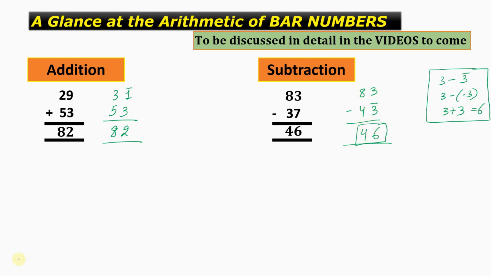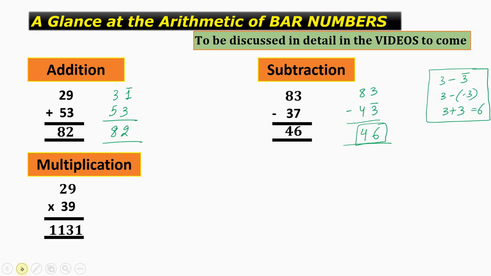Now let us take another example of arithmetic. Now we will have a multiplication example. So 29 into 39 should give us an answer of 1131. Now 29 can be written as 3 1 bar and 39 can be written as 4 1 bar. Okay, when we multiply the two, this will give us 1 7 bar and 12. Now don't worry about this calculation because these will be discussed in the upcoming lectures, so stay tuned. And 12 7 bar can be written as 113 bar. Now this is a much easier way of doing this calculation.